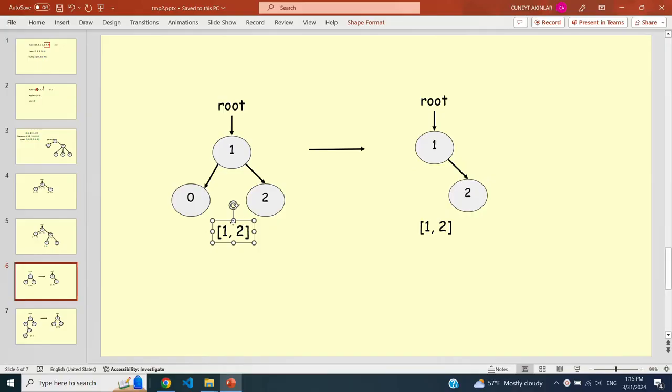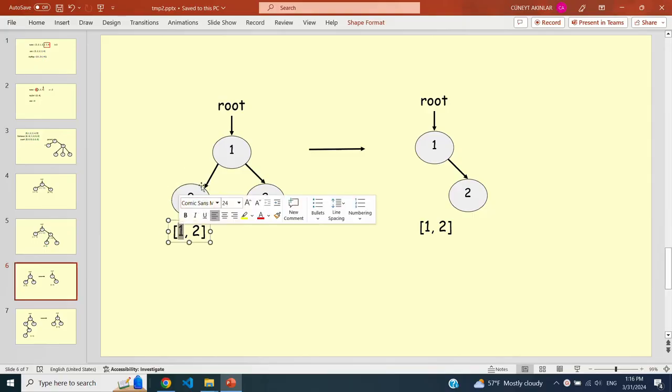Now we go into the left side. We look at the root. Is it in the range? No. So that means if root is not in the range, then there are two cases. If 0 is less than the left bound, which is the case in this example, then we need to recursively trim the right subtree and return that as our result. In this case, of course, the right subtree is null, so you're going to return null from here, and that would be the new left subtree.